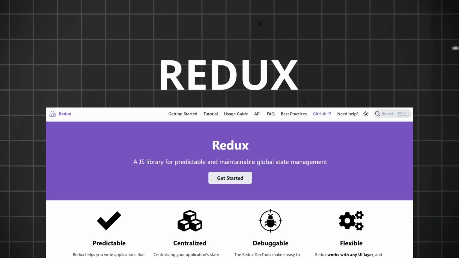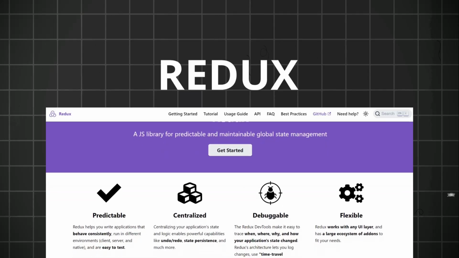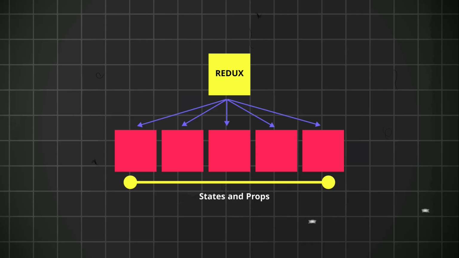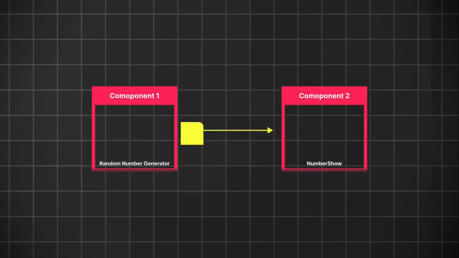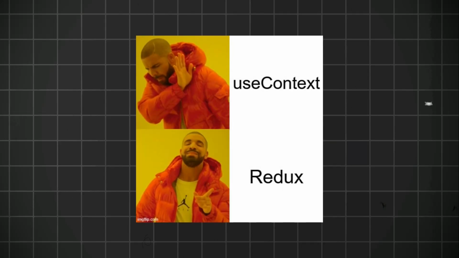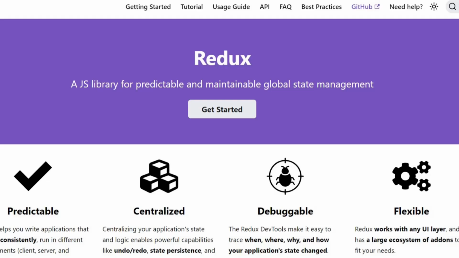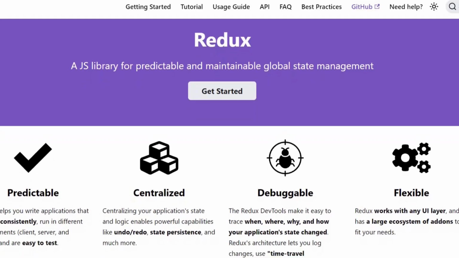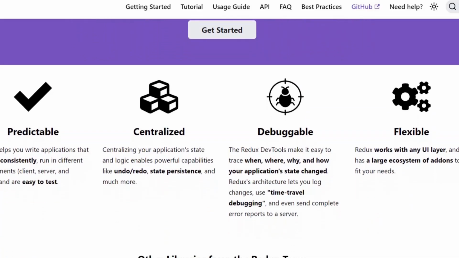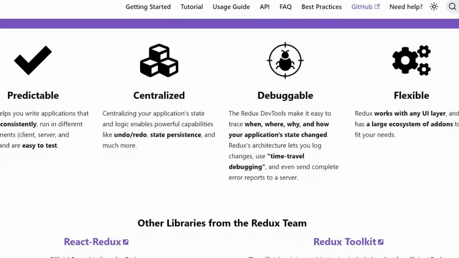Simply, Redux is a state management library for JavaScript applications. So it just manages and shares states of components. It just basically means you can share data or value from one component to another component. But if you know about the useContext hook, you might ask, why Redux over useContext? There are so many good reasons. One of the best reasons is Redux is more powerful for large and complex applications for its predictable and centralized